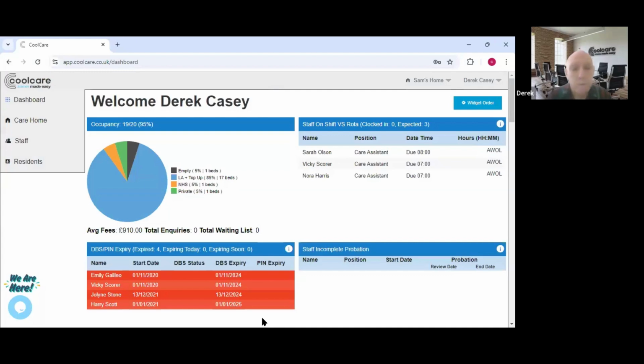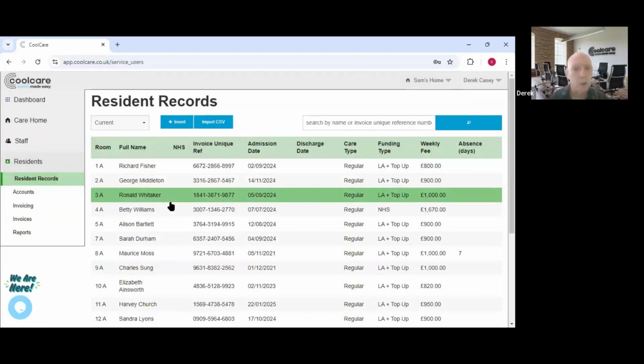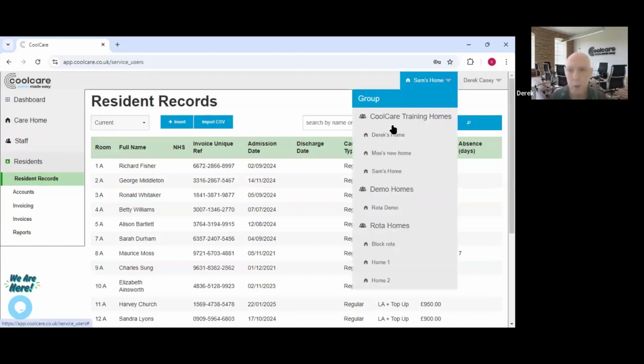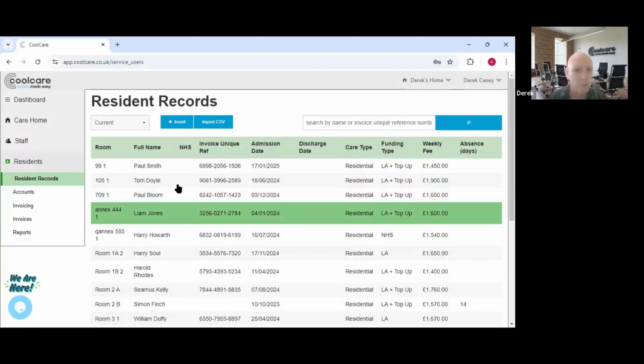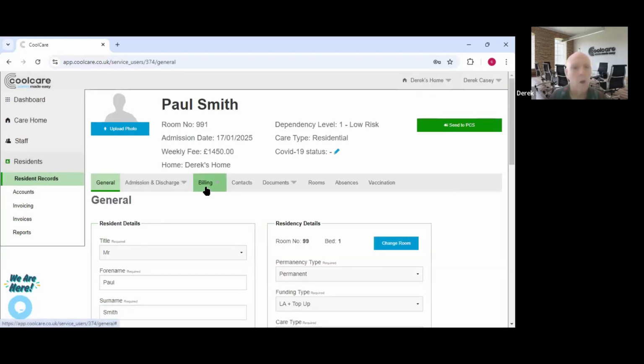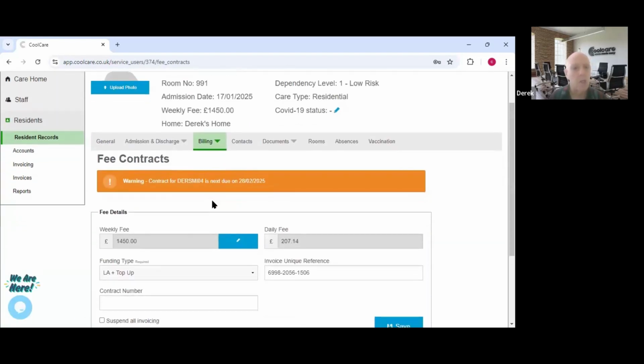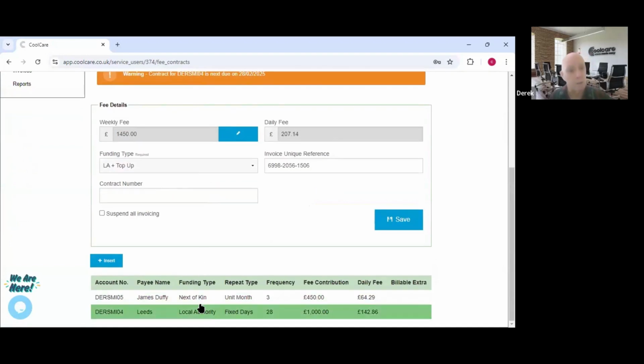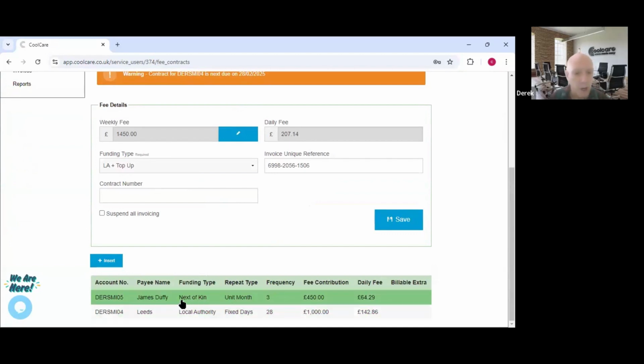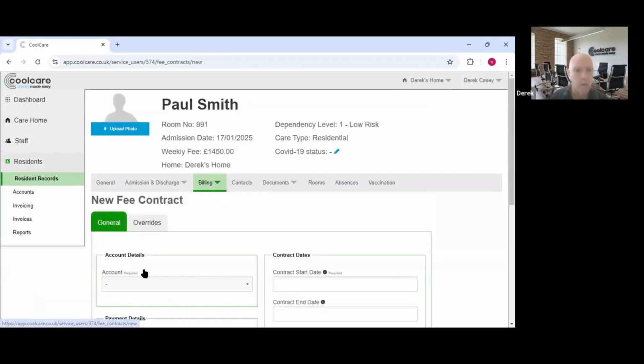Okay. So in CoolCare, when you're setting up a new billing contract, you have to go into the resident. Let me go into the resident, and let me just change to my home. I'm in Sam's home. I'll pick this person here. When you go in to fee contracts and you're adding new contracts to the resident, so that those contracts can pay the weekly fee, if I was to insert a new one here for a sec,